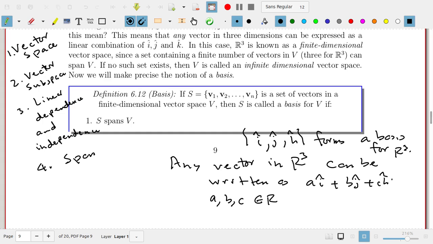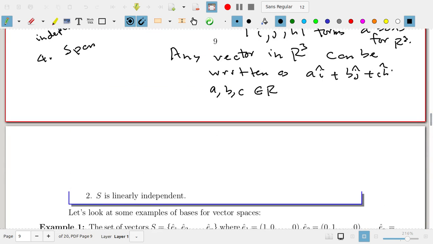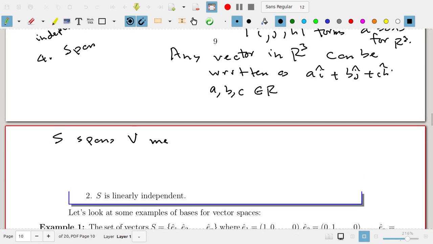So in general, how do we define a basis? If you have a set of vectors, S = {v1, v2, ..., vn}, from a finite dimensional vector space V, then S is called a basis for V if S spans V. What does that mean? S spans V means that any v from this vector space V can be written as